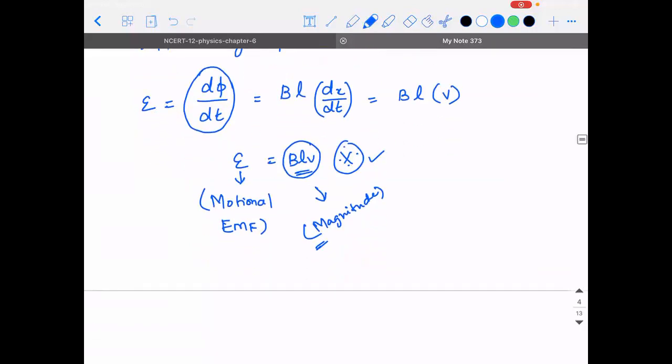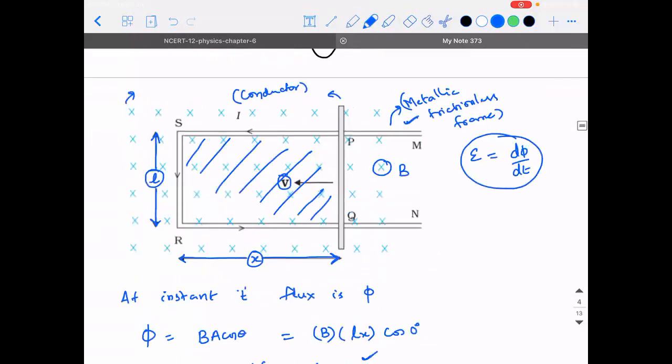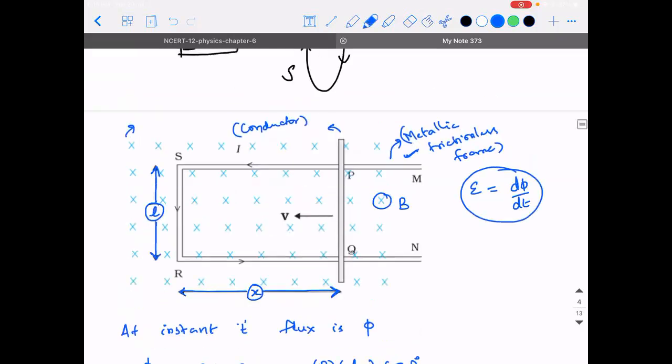Okay. Clear with this? Now see. So when the conductor is moving in this direction, before that, I told you yesterday one important point. What is it? You have to first look at the external magnetic field. The external magnetic field is into the plane. So the paper is acting like a South pole. Then we are like a north pole, right? We are only emitting the magnetic field lines. So we are the north pole. Now, when the conductor is moving to the left, is the flux decreasing or increasing?